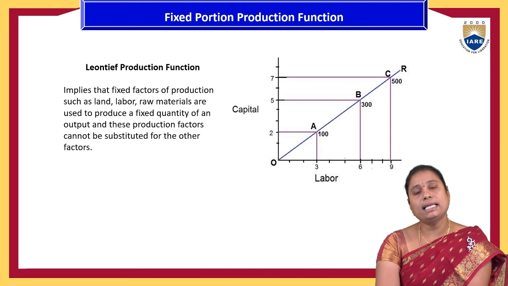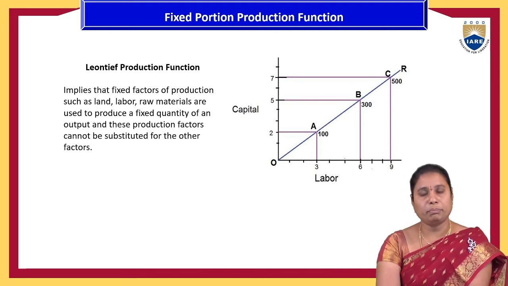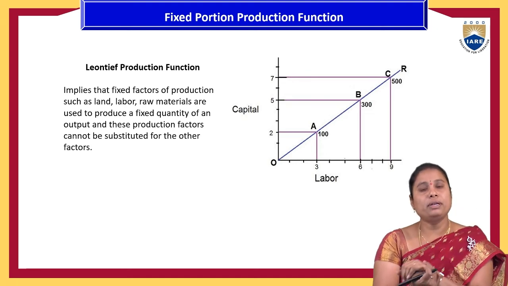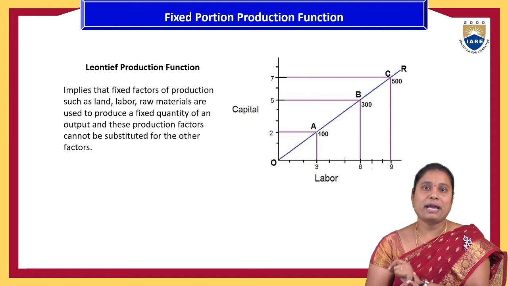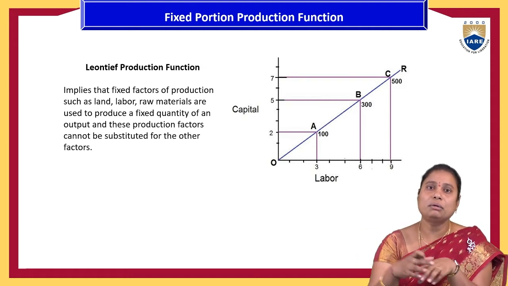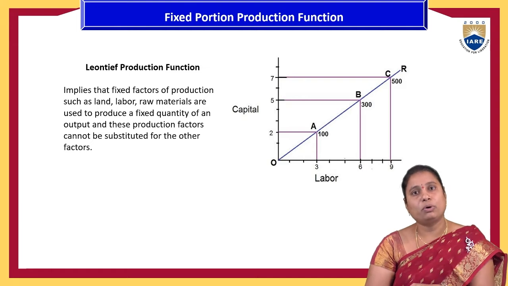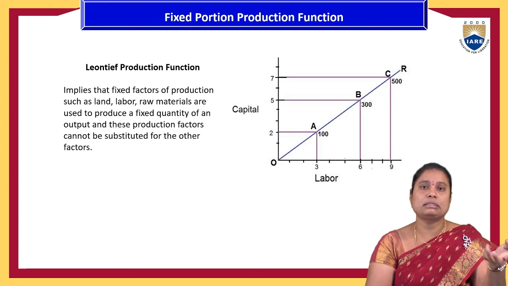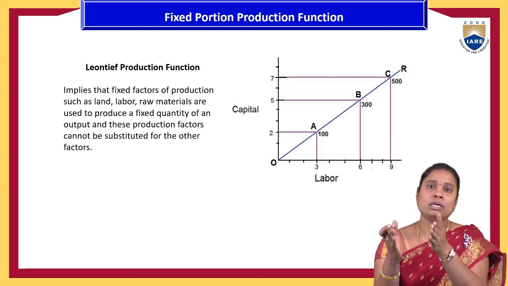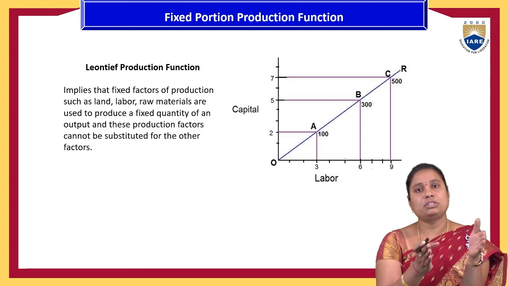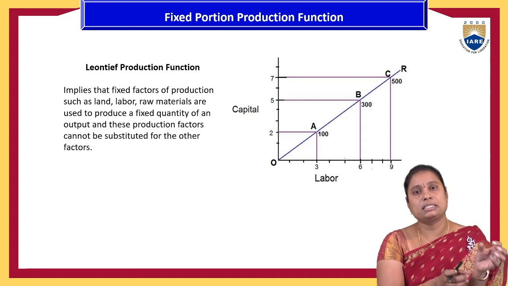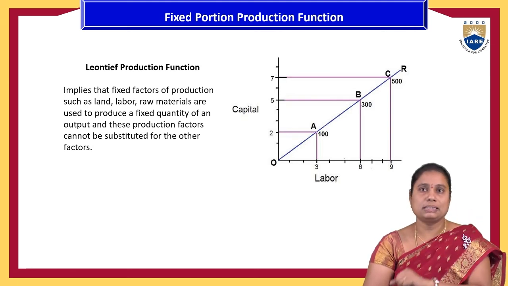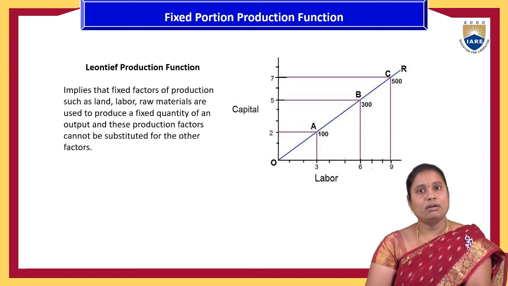We can't say that the entire production element is fixed, but a part of the production elements might be fixed. For example, a Coca-Cola factory is manufacturing the bottles and filling the bottles. At the stage of manufacturing the bottles, up to certain stages it might be fixed: the use of glass or plastic, the shape of the bottles, and the machineries, technology, capital, etc. might be fixed up to certain levels. So up to that point, they can call it a fixed proportion production function.